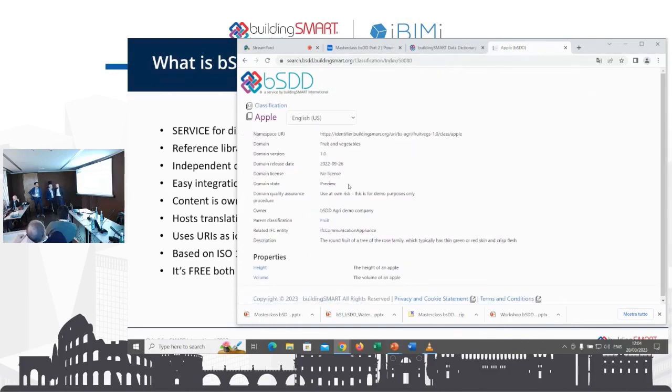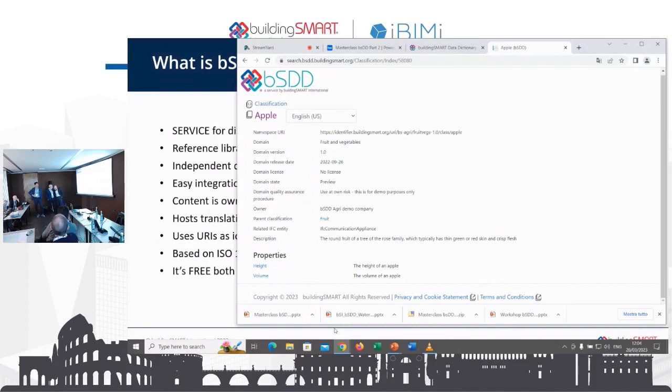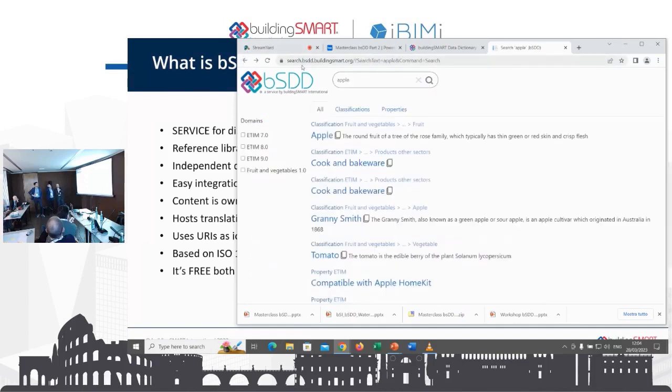You can read about properties of apples and relations. Well, since this is a very abstract classification system, it's not linked to other classification systems. But if I go for a wall, I will show a wall in a moment, but I will just show you, okay, this one doesn't have, but we also have this demo version of bSDD.